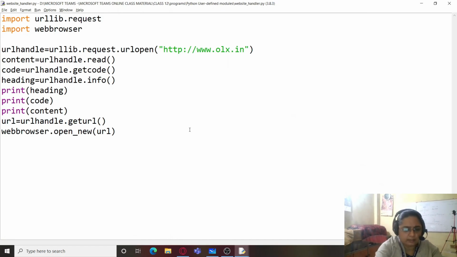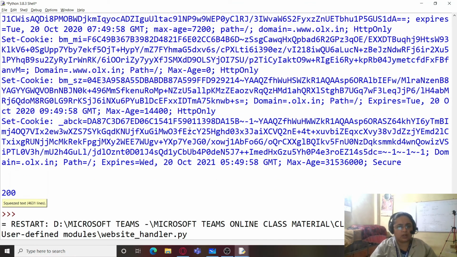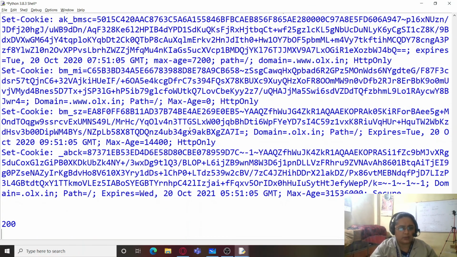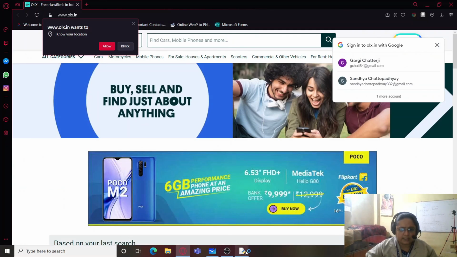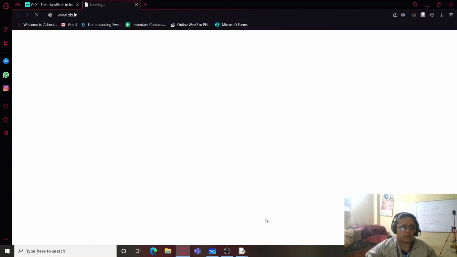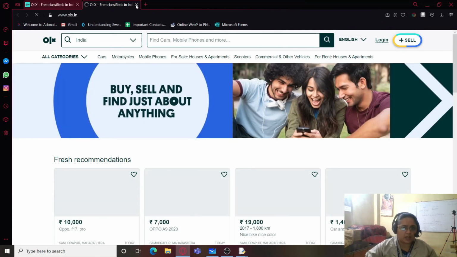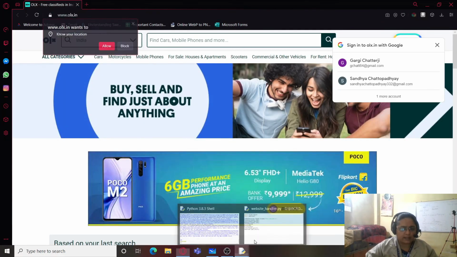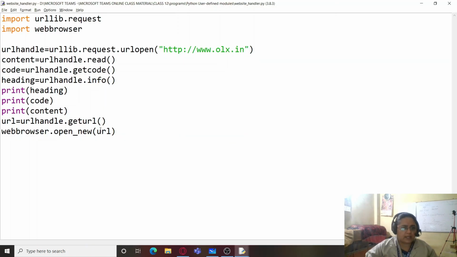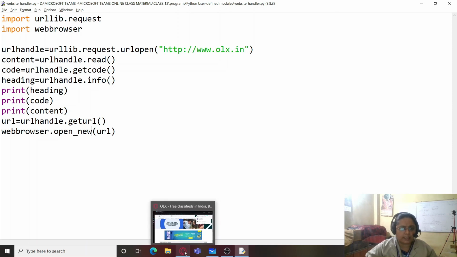So every time the function is called, it will open a new window. Like already a window is opened here, you can see. So you'll see in some time another new window will be opened. But nowadays, because we are using the latest browsers, it doesn't really matter which variant of open you are using, it will open a new tab only.